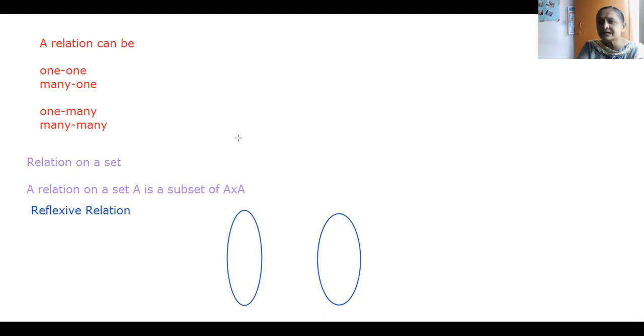Suppose the elements in A are 1, 2 and 3. Here also I have the same set, so it will be 1, 2 and 3. Now let us